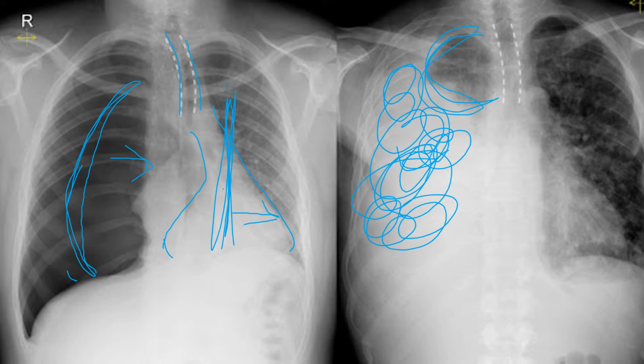Here's your right lung up here in that apex right by the collarbone there, and everything's just crushed, and that's actually pushing the mediastinum away. So anything that happens in the pleural space will push the mediastinum, it will push the trachea away, and hopefully you see that, right? Everything's being pushed away